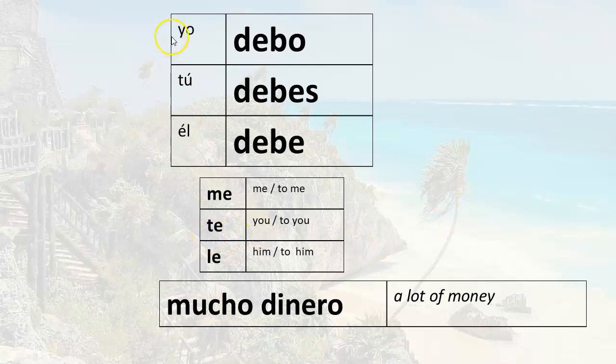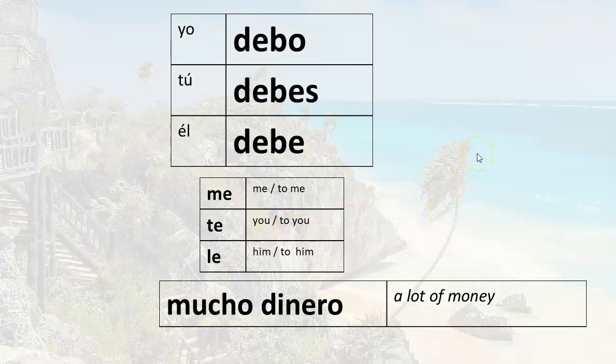Okay, so if we want to say, for example, I owe a lot of money to you, we would pick te, and I would say yo te debo mucho dinero. The indirect object pronoun is always located directly in front of the conjugated verb. And if you use a subject pronoun, it'll come after. So again, you would say, yo te debo mucho dinero. And this means, I owe you a lot of money, or I owe a lot of money to you. Notice that we have here you and to you. It just depends on how you order it in English. We can either say I owe you a lot of money, or I can say I owe a lot of money to you. Either way is correct. So that's why you have these two meanings here.